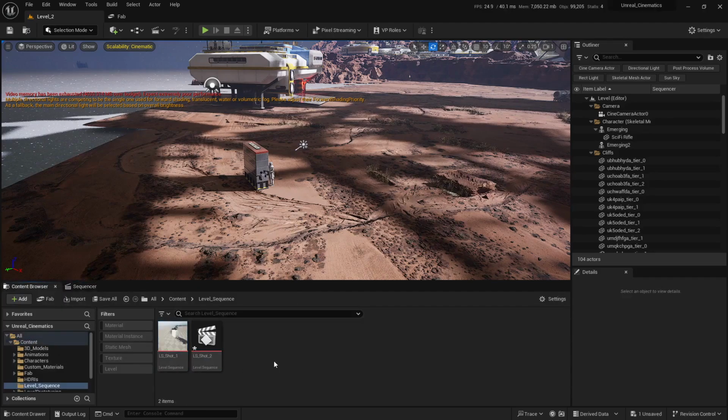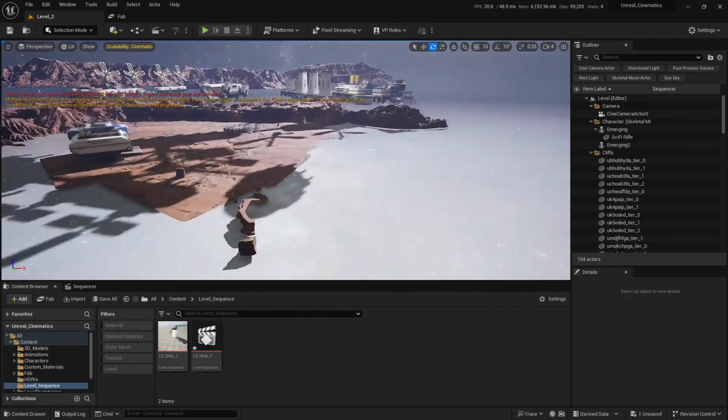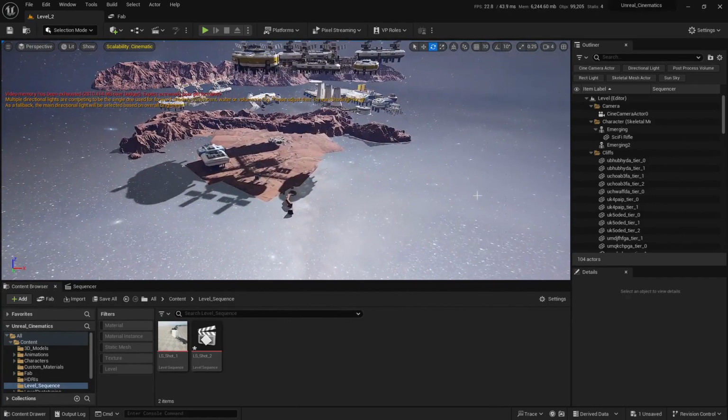in any level, okay? Because everything that you have inside your content browser needs to stay inside your content browser in order for it to work with every level. If you delete anything inside your content browser, you're not going to be able to find that in your scene, okay? So you can do anything you want in this duplicated level. Even if I delete this entire scene, it's not going to have any sort of impact on my first shot because this is an entirely different level. But don't delete anything in your content browser, whether it's a level or a level sequence or any other assets,